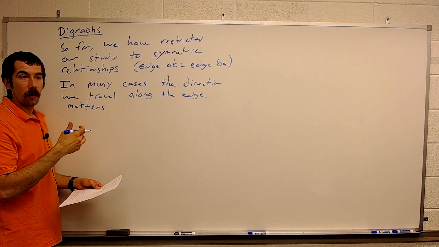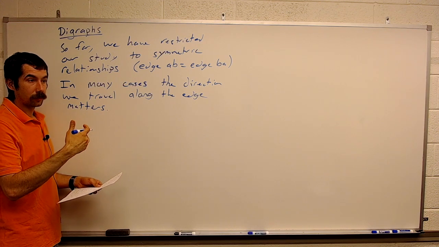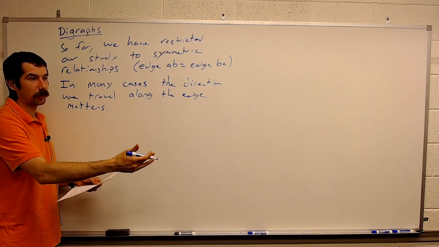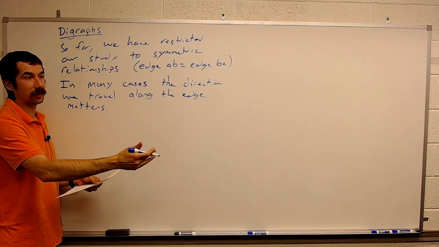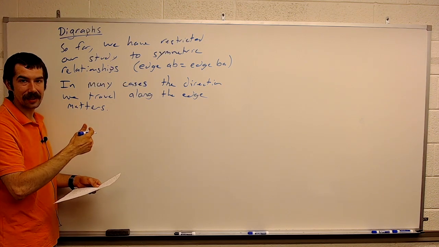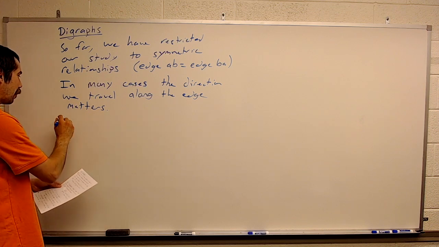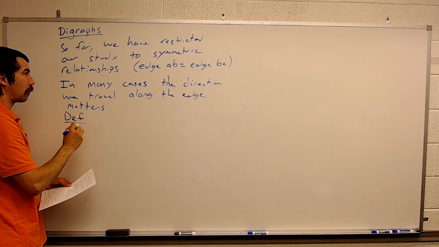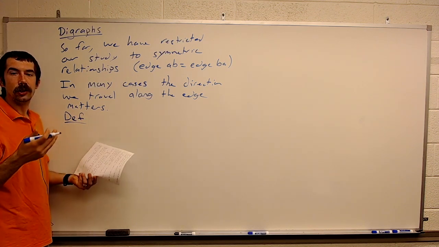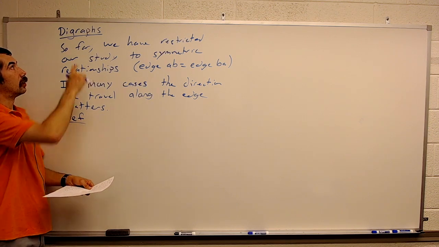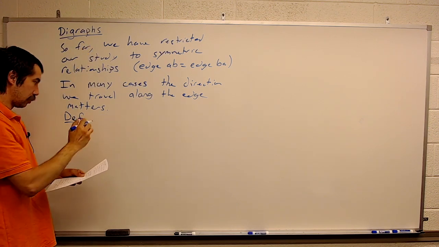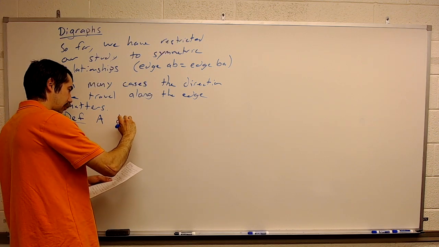Okay, so maybe it costs 10 minutes to travel into the city, and it costs 5 minutes to travel out of the city. And so the way we adjust for this is by defining something called a directed graph, or digraph. So a directed graph